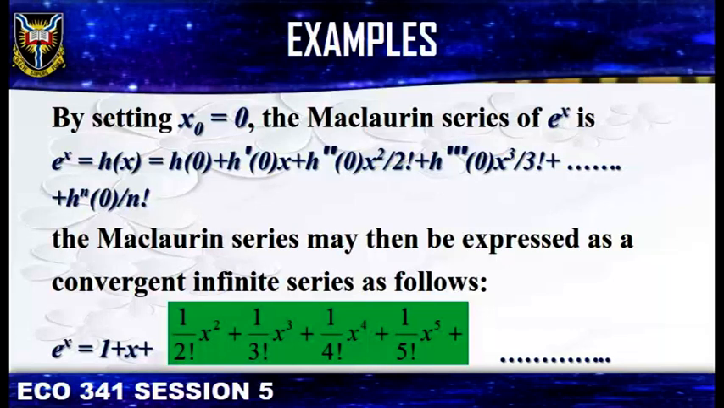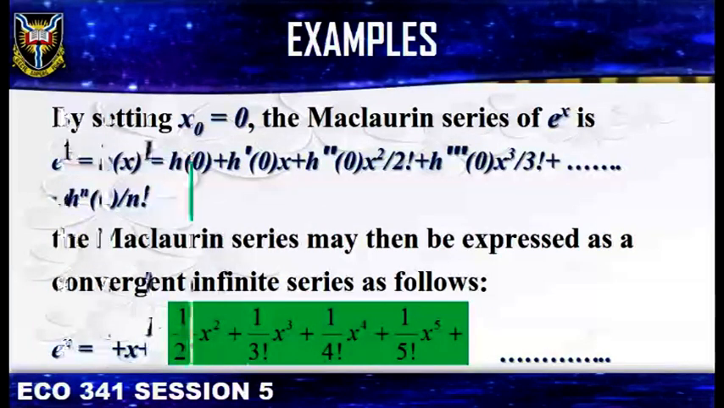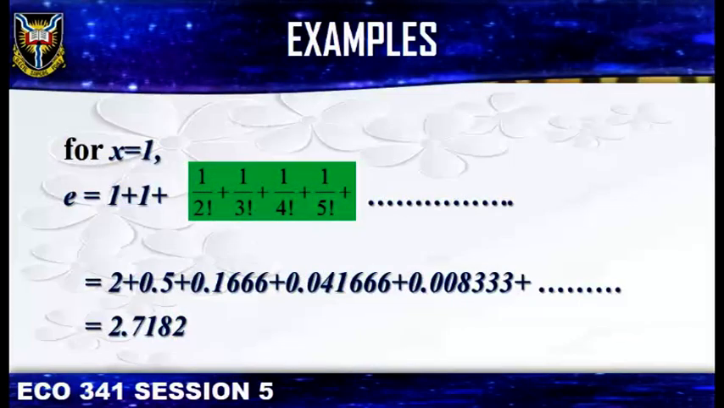The Maclaurin series may then be expressed as a convergent infinite series as follows: e raised to power x is equal to 1 plus x plus 1 x squared over 2 factorial plus 1 x cubed over 3 factorial plus 1 x raised to power 4 over 4 factorial plus 1 x raised to power 5 over 5 factorial plus dot dot dot. For x is equal to 1, e is equal to 1 plus 1 plus 1 over 2 factorial